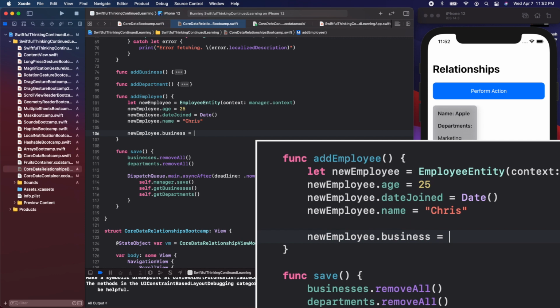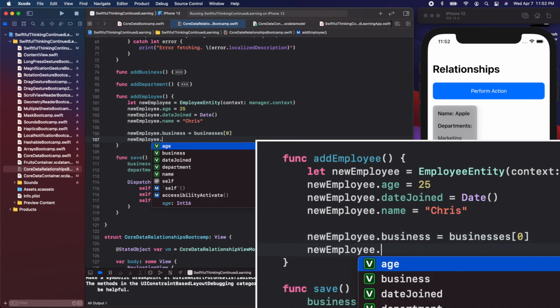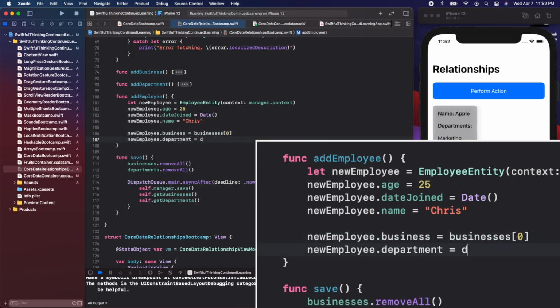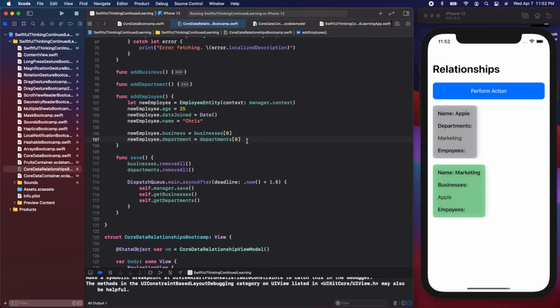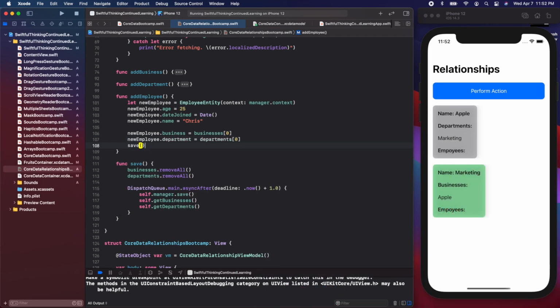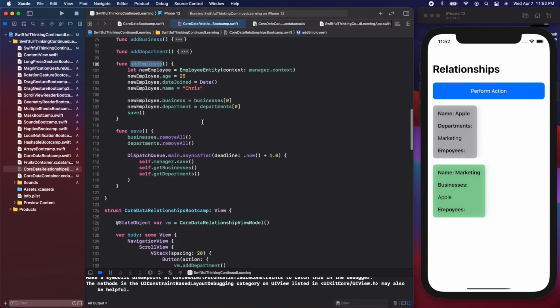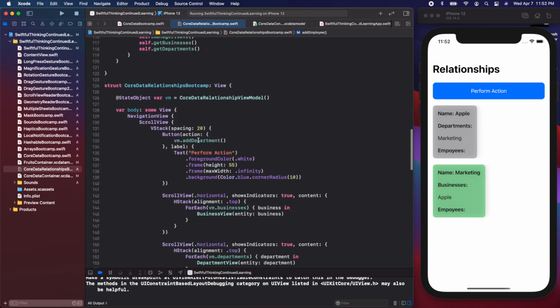And let's set that equal to businesses, and we'll just do the first one, which is Apple right now. We'll also say new employee dot department. And we'll set that equal to departments, and we'll set it equal to the first department, which is the marketing department. After we add the employee, we just need to call save. So let's call this down in our button,